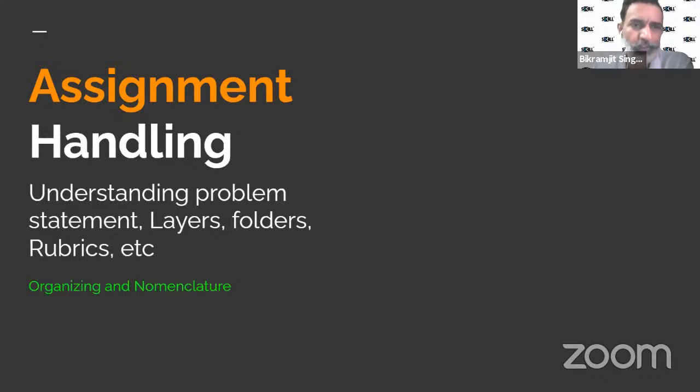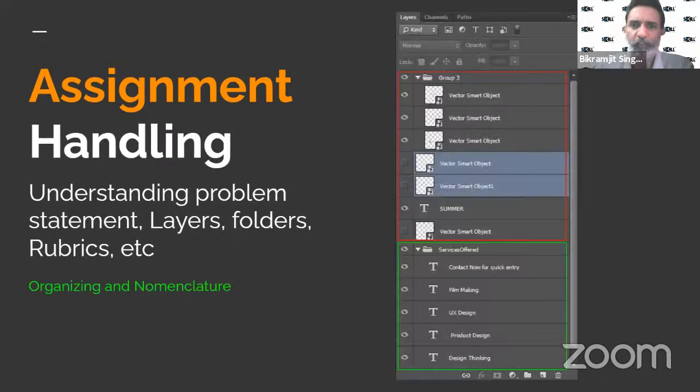The same will be the case in the World Skill Competition. So let us see in one slide what exactly we mean by nomenclature and organizing. I'll give you one such example. You can see the layer structure of a software, could be Photoshop, Illustrator, or any other layer-based software.